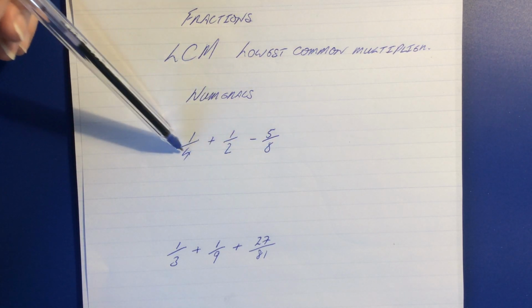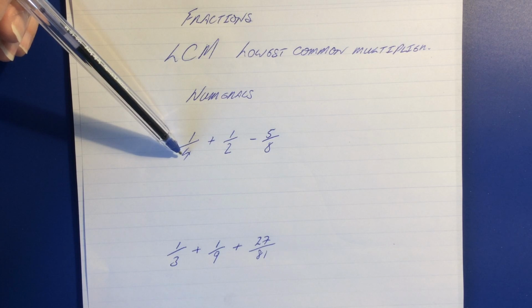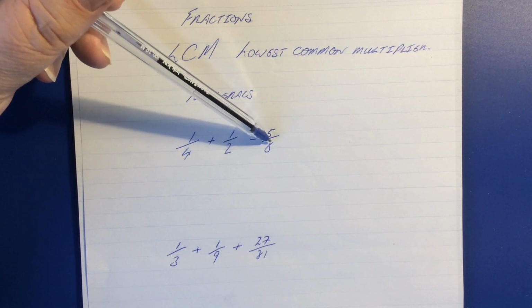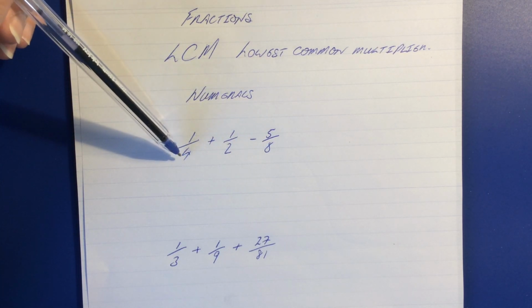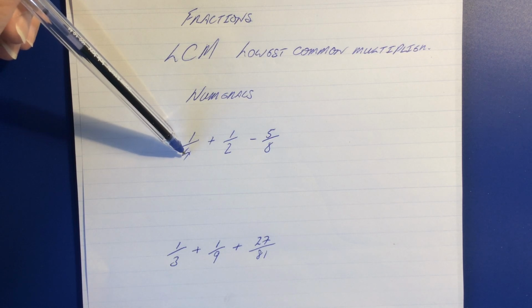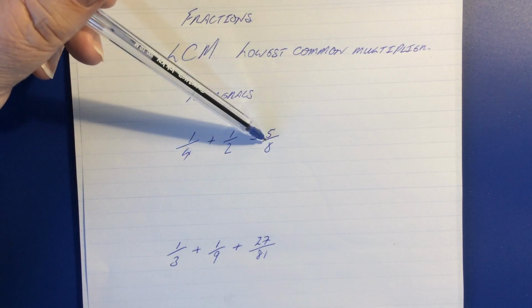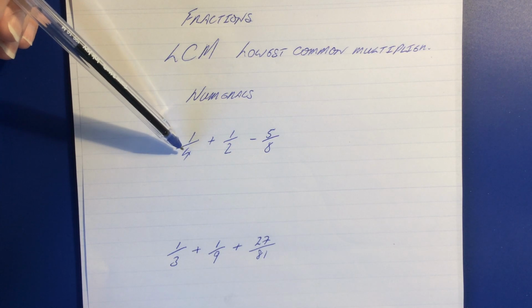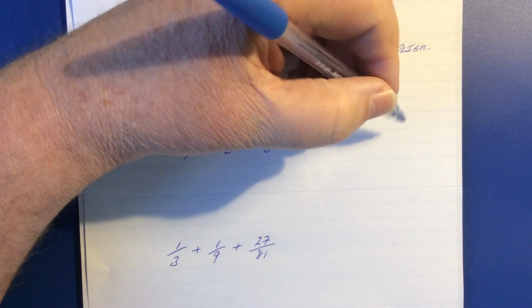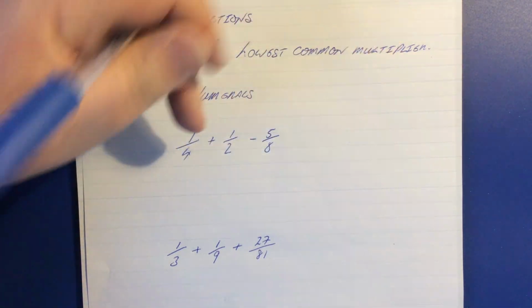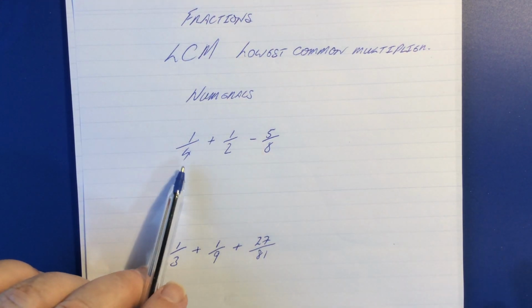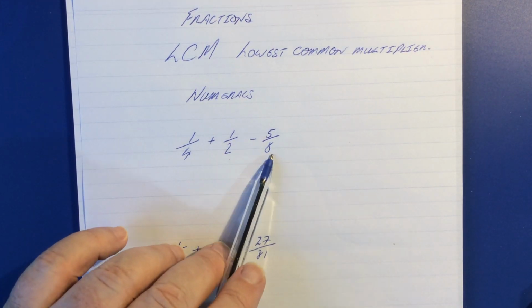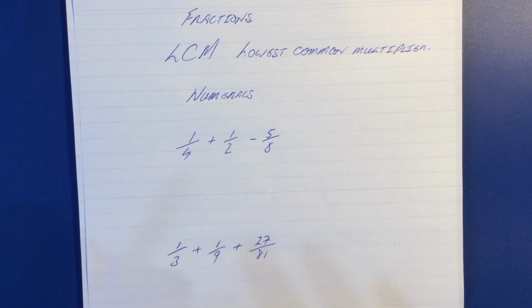So in order to get these all to have the same denominator, we're looking at some way in which we can equalize these. Now, what does that mean? Well, it doesn't mean, although it won't hurt, if we go 4 times 2 times 8 and put everything over